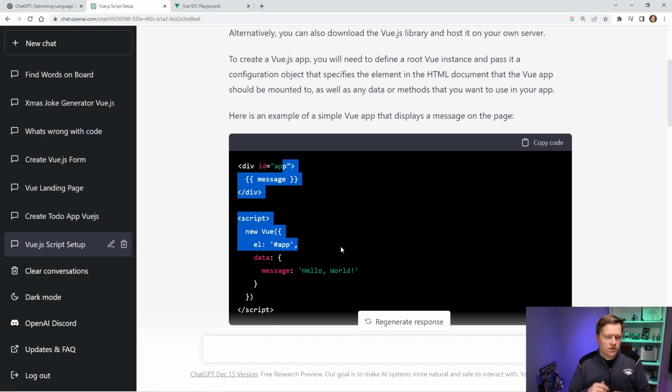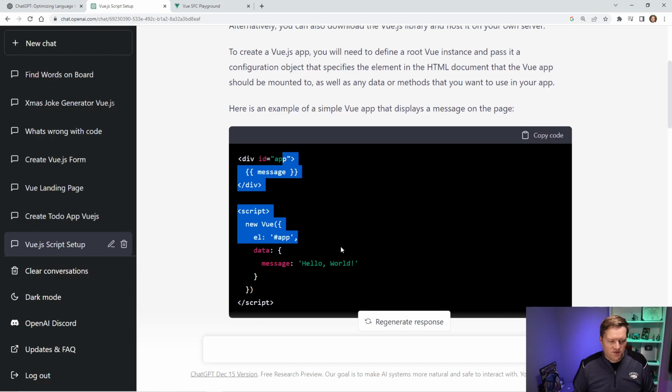What I've realized playing around with ChatGPT the last few weeks is that you have to be very, very specific on what you're asking for. Otherwise, it just doesn't give you the right answers. It's almost like talking to a 4 or 5-year-old, but the 4 or 5-year-old has a lot of information. You just have to be very specific.